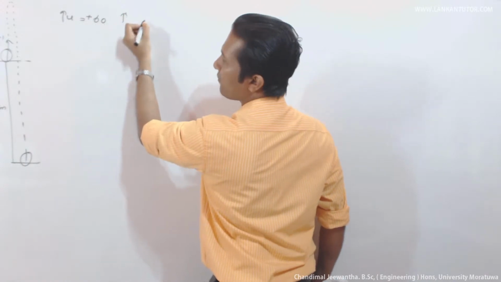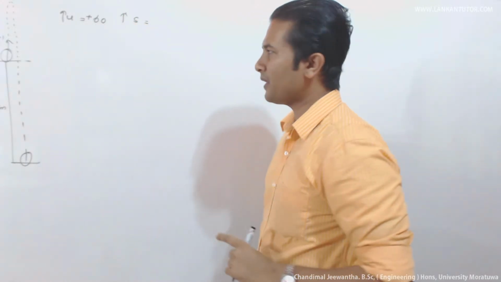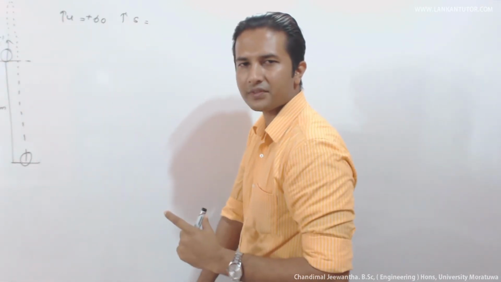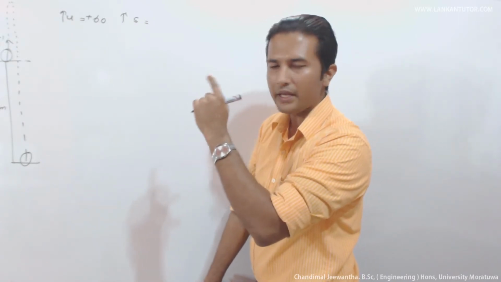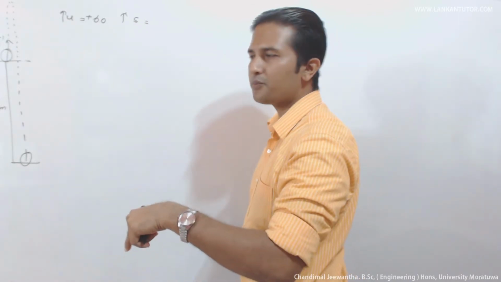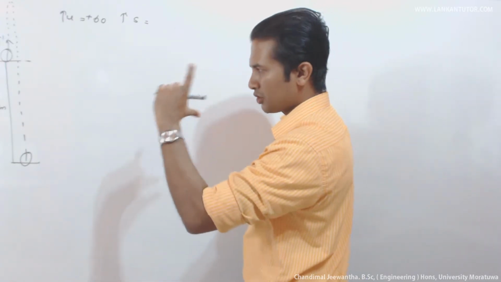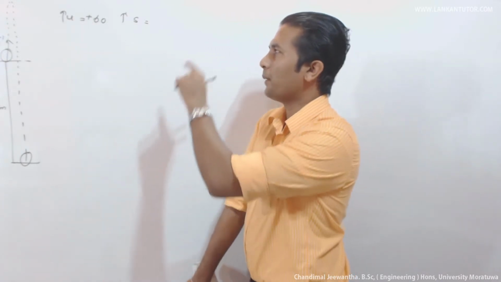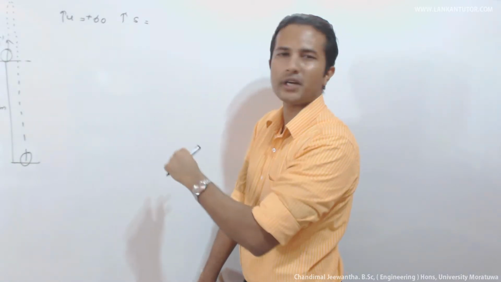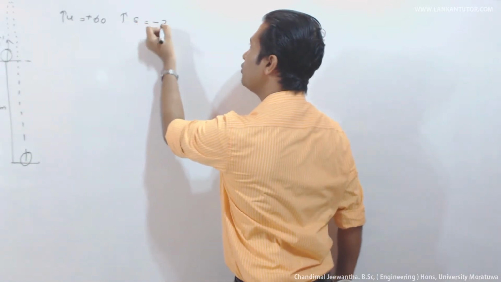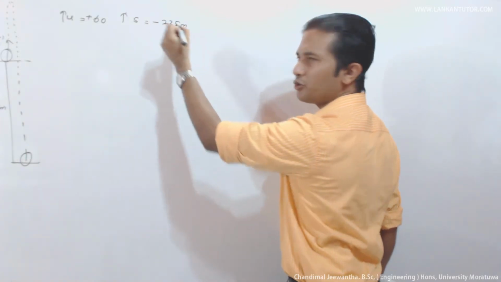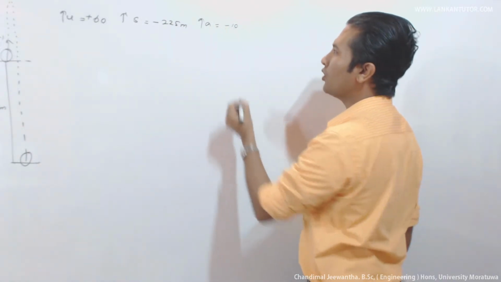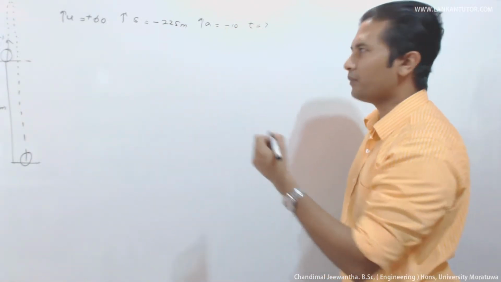It should be positive. Displacement, what would be the displacement here? This is the initial point, this is the final point. How would you take the direction of the displacement? It should be from the initial to the final point, which means downwards. So the displacement is 225 meters towards downwards, but we are considering the upward direction as positive. So this should be negative 225 meters. And the other thing is the acceleration, it should be negative as we know. Then we can find the time taken by the object.